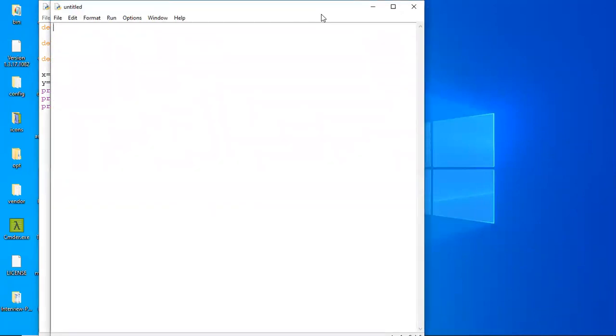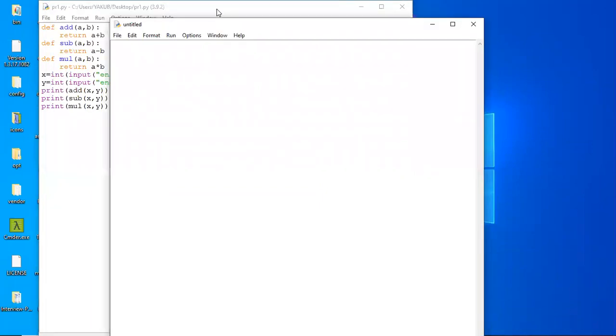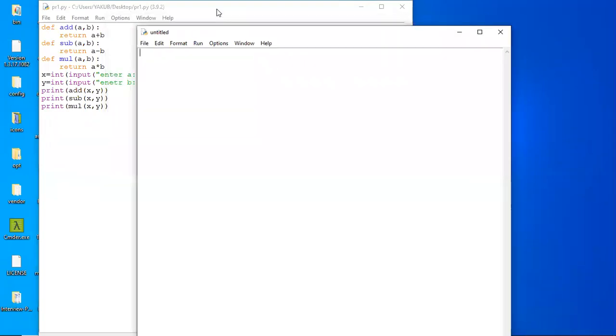Here, Ctrl+N is a shortcut to create a new file. After creating this, I need to create a few more functions. I want to create a function to perform the power operation. So I'll say square. We need only one variable. After that, I need to return the square of that value. Return a square.